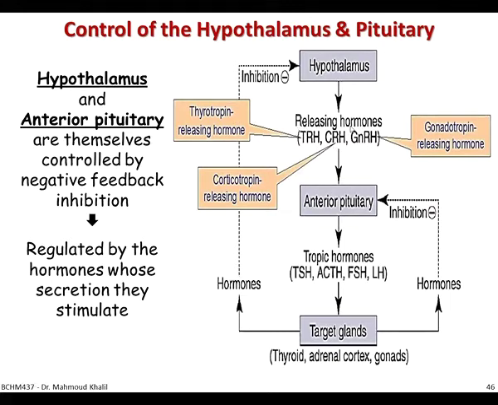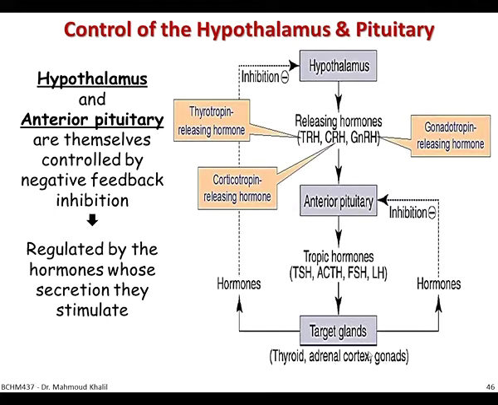These releasing hormones stimulate the anterior pituitary gland to release the tropic hormones, like follicle stimulating hormone, luteinizing hormone, thyroid stimulating hormone, and adrenocorticotropic hormone. As an example, each of these tropic hormones acts on specific target organs, like the thyroid, adrenal cortex,